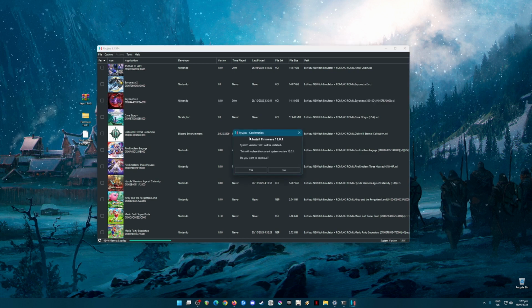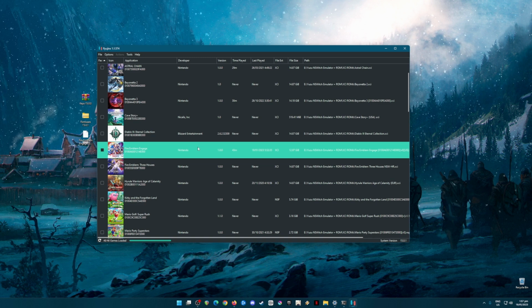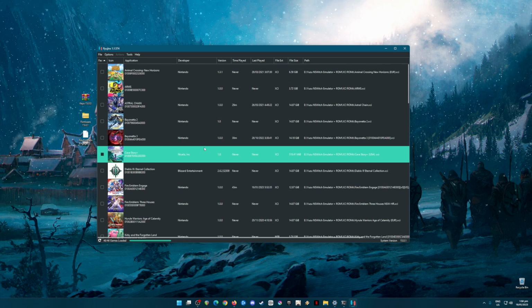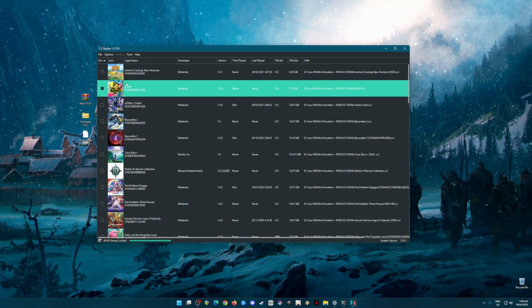Now just wait for a moment, and it will say Install Firmware. Hit Yes, and it will say Successfully Installed. Now it means that your Ryujinx emulator is fully capable of booting up and loading Nintendo Switch games. When the installation is done, it will detect all the Nintendo Switch games here and show the icons